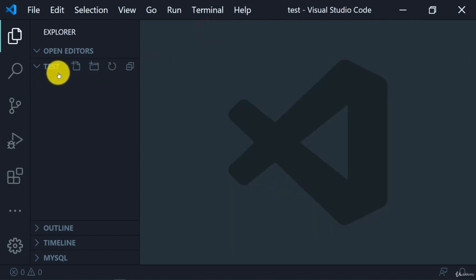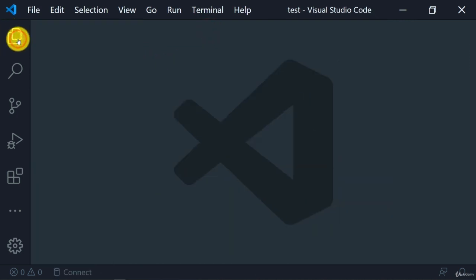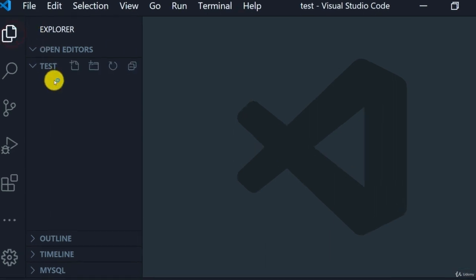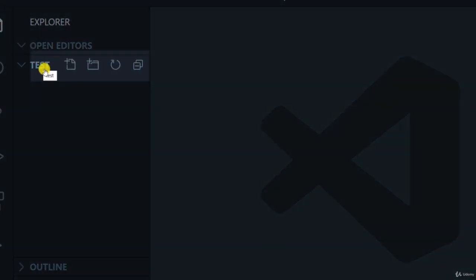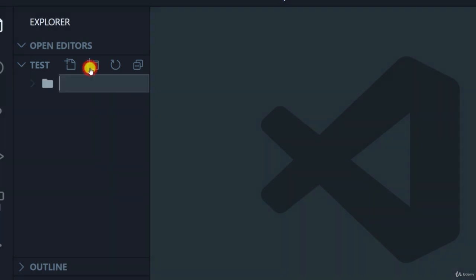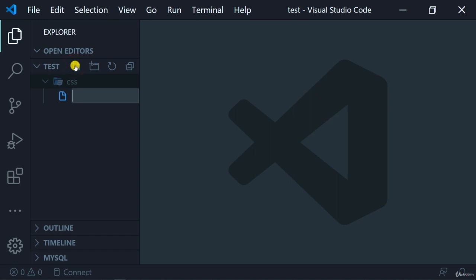When you hover over, see, this is our Explorer tab. When you open it, you see the test folder that we created. You can create files here and also folders inside the folder that you've just created. For example, let's create a folder and call it CSS and then press enter. And then inside CSS, we can drop it down and then create another file, call it